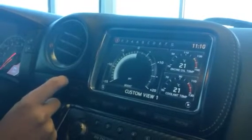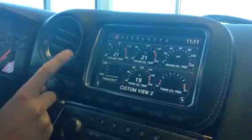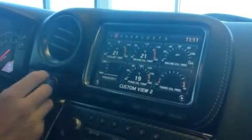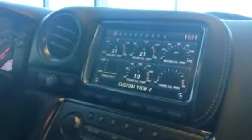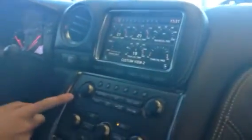And custom view, you can show your boost gauge, your engine oil temperature, coolant temperature, transmission oil pressure, torque split from front to back, and as you can see, it does have the carbon fiber inserts in there as well. It does have a Bose sound system, so if you want to take a look in the back, it does have the two seats back there, a little bit harder to sit, but it does have the awesome Bose sound